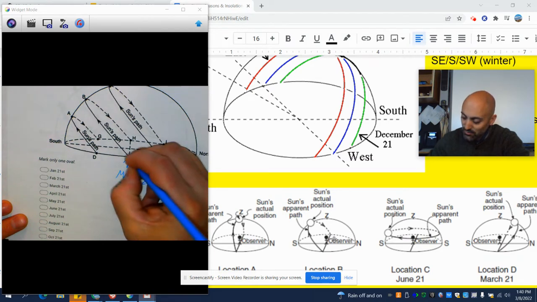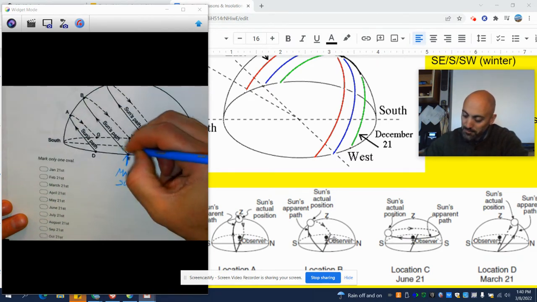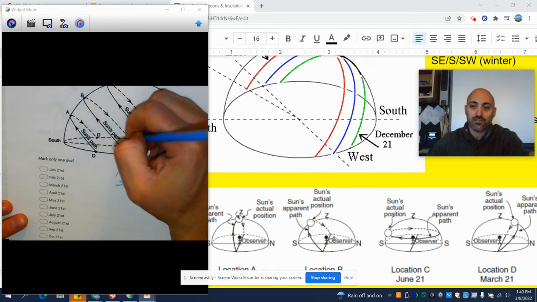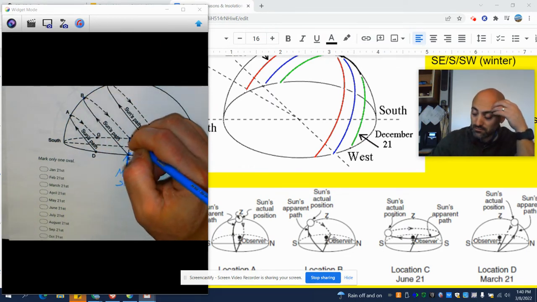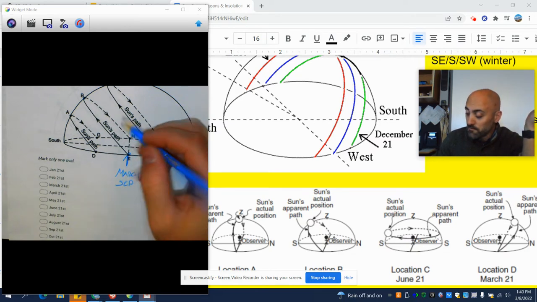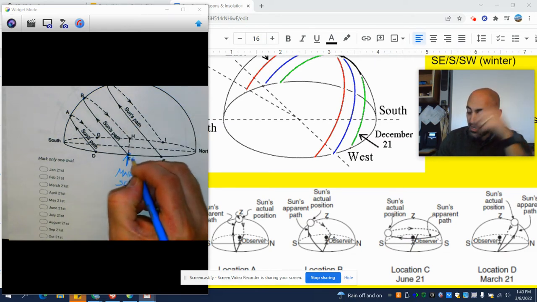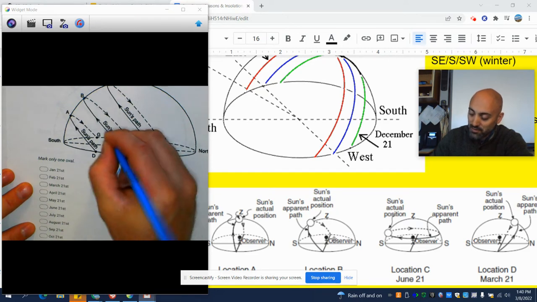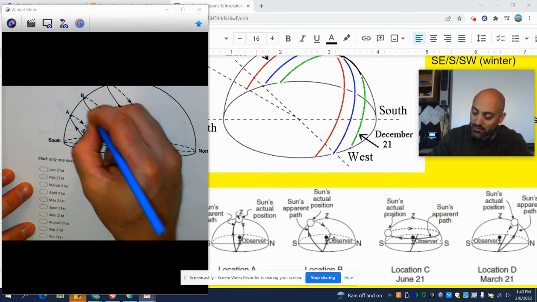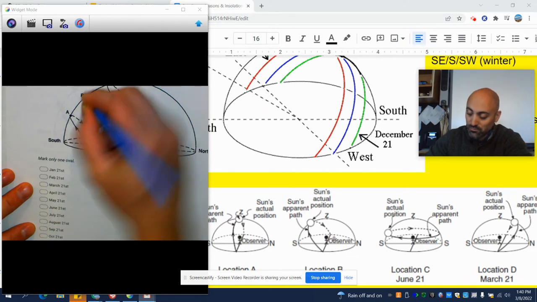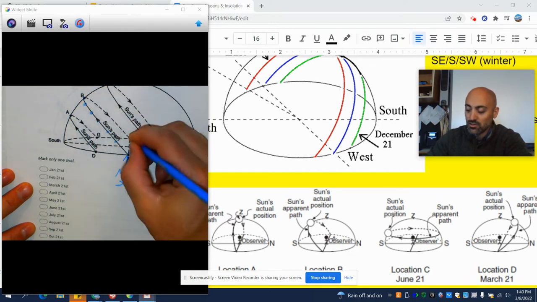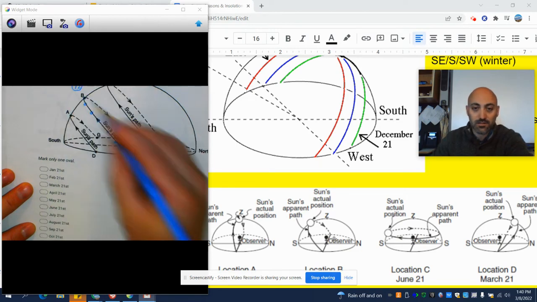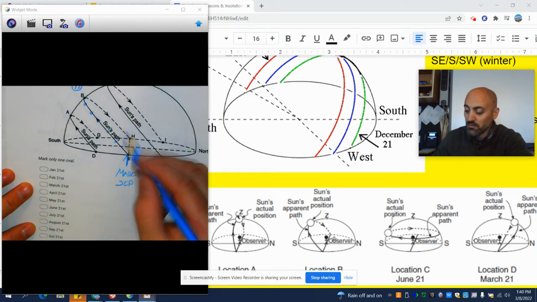It rises due east, and it goes up, up, up till about noon, and then it sets. You get your rest, the sun sets in the west. Okay, it's pretty straightforward. If the sun rises at 6 a.m., this would be like 7 a.m., 8 a.m., 9 a.m., 10 a.m., 11 a.m., and noon, and then 6 more hours. So you have 12 hours of daylight on the equinox. Okay, that's a medium length sun path.